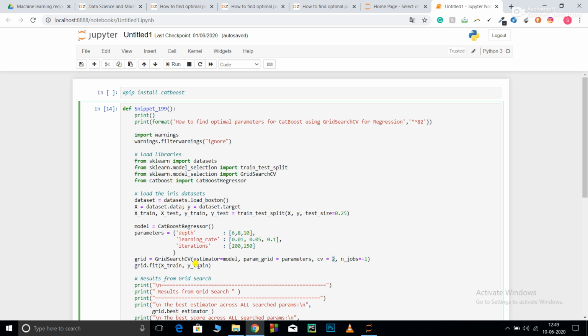In order to perform RandomizedSearchCV, you just need to convert this to param_distributions, and you can keep everything else the same. It performs random search CV for you.